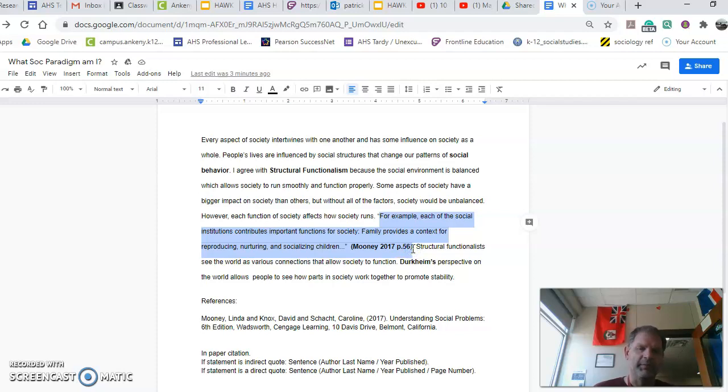At the bottom of this paper, I show you how to do an indirect and a direct quote. Every paper that you write for me should have at least one direct or indirect quote. As we go further along, I will demand that you have 2 or more. Notice how this one, it is a direct quote because you have the quotations to it. Notice how all you need for the ASA is the author, the year it was published, and then the page number. For an indirect quote, all you would need would be the last name of the author and the year